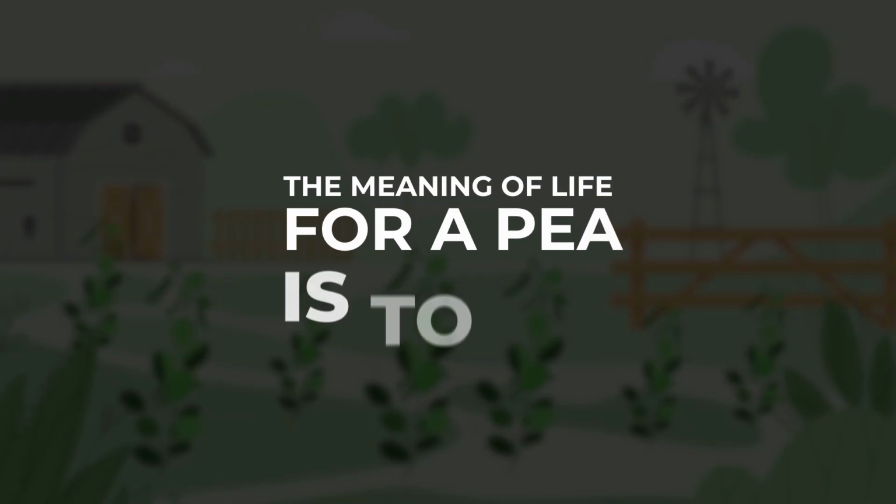Do you understand? From the pea's perspective, striving for demise equals maximum survivability. It propagates its DNA best at the very moment it absolutely doesn't want to. Thus, the meaning of life for a pea is to die.